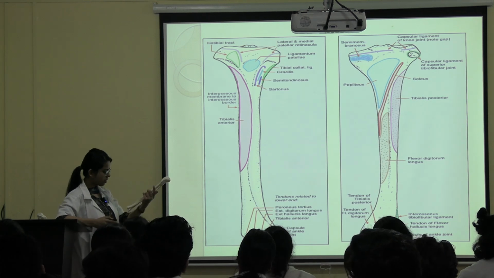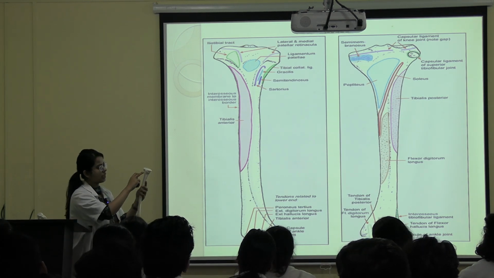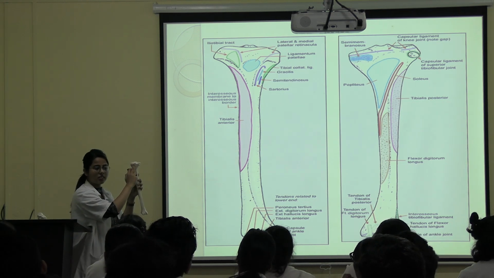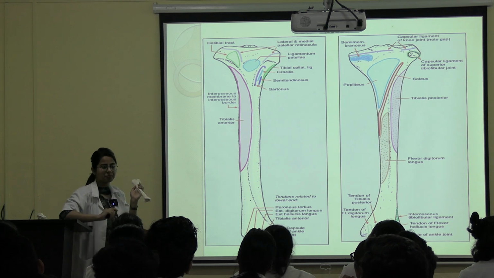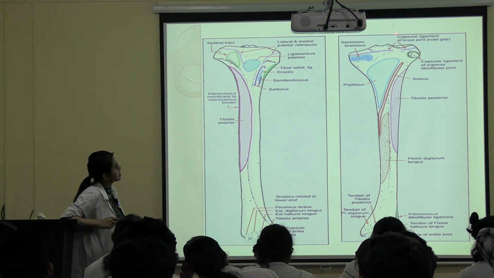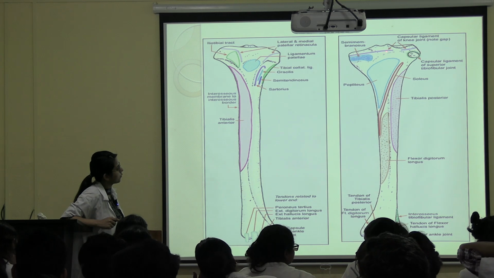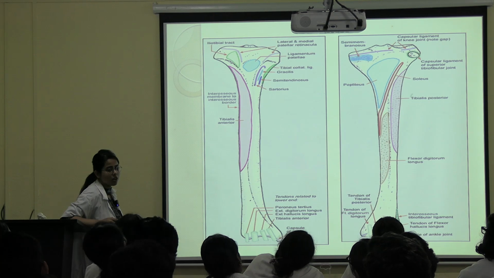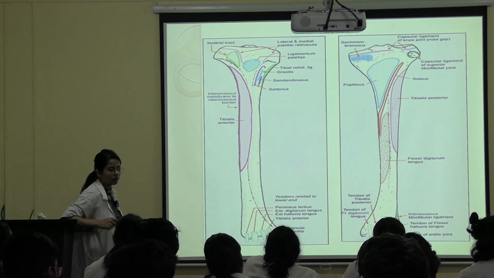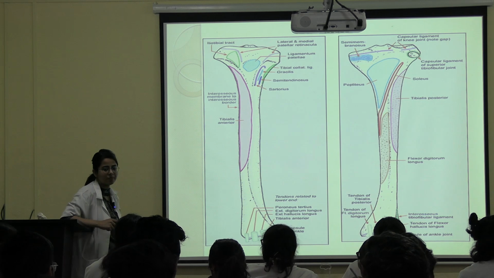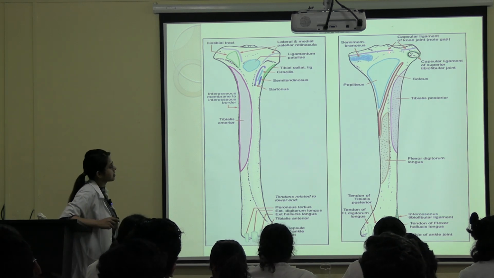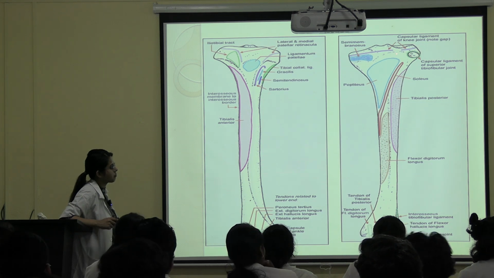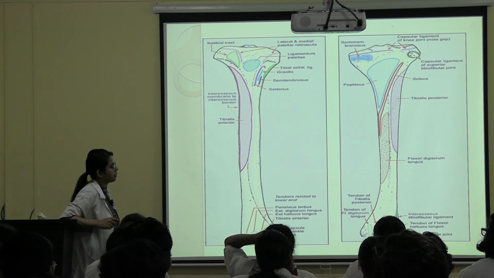Now, which muscle was there posteriorly above the fibular facet? Here one tendon, popliteus. Okay. So you can see that this is the capsule. Posteriorly it is deficient here. Why? For the passage of the popliteus tendon. Okay, everyone clear? You can see that this is the capsule for the knee joint. Posteriorly there is one gap. Can you see the gap? So this gap is for the tendon of popliteus.